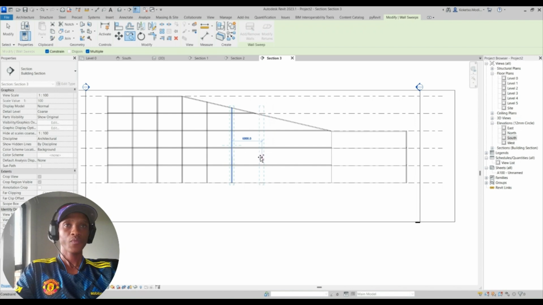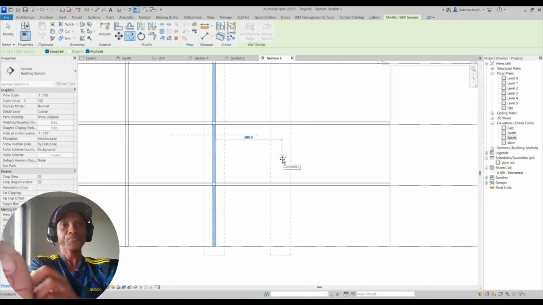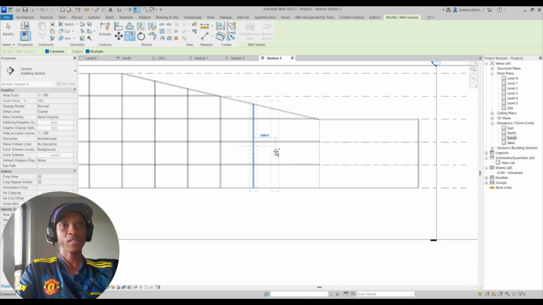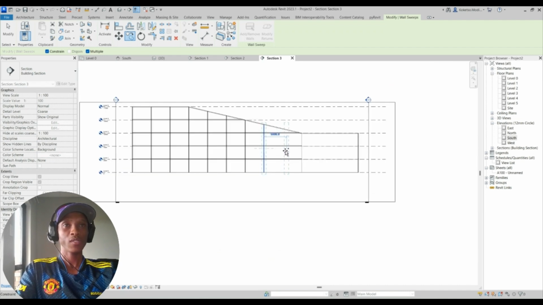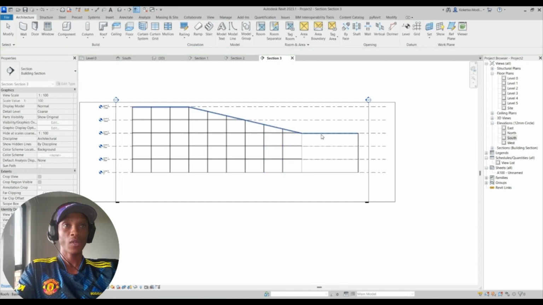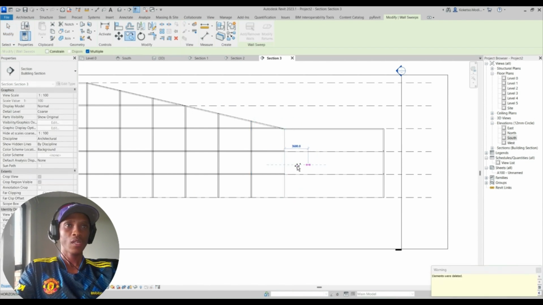5,000, 5,000. By the way, in Revit, when you zoom in, it certainly rounds off. So it's much easier when you zoom out. You can see that it goes by 1,000 increments. So it's gonna be 5,000 like that. And okay, let's also copy this one, 5,000,